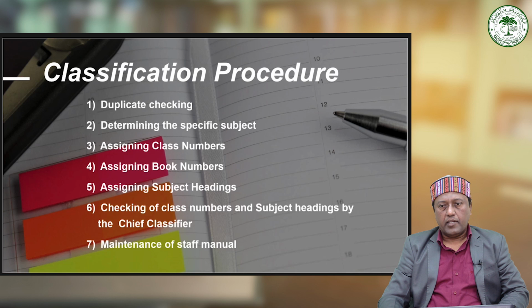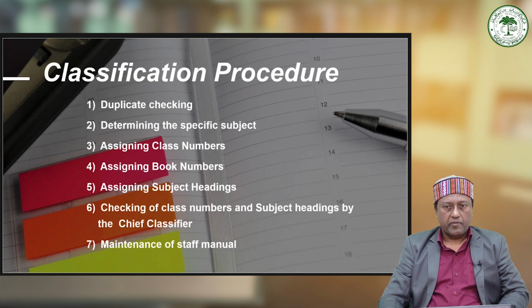So basically these aids may include indexes attached to the classification schedule. For analytico-syntactic schemes, subjects are broken down into various parts, and formulas for constructing class numbers are used to arrive at the exact class number. So basically each library should decide